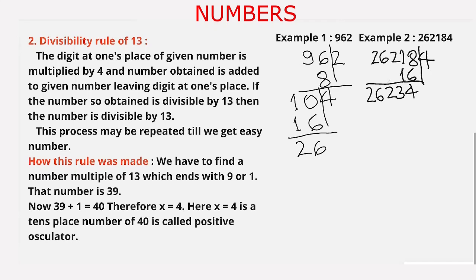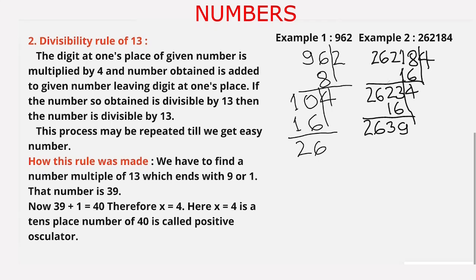The last digit again here is 4. So 4 times 4 is 16. Now we add 16 to the remaining part of the number after leaving the last digit. 3 plus 6 is 9. 2 plus 1 is 3. And we write 6 and 2 as it is. The number so obtained is